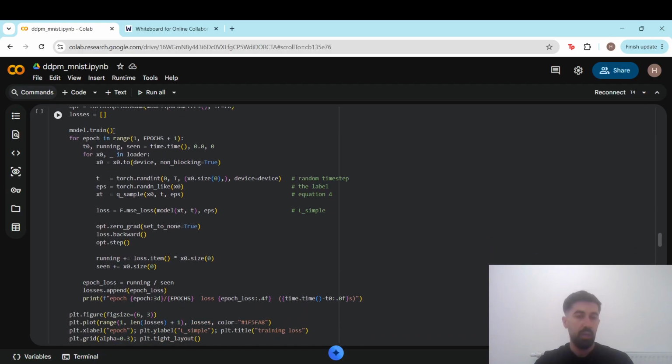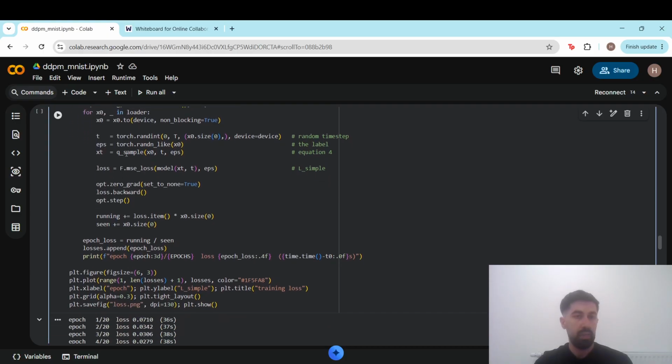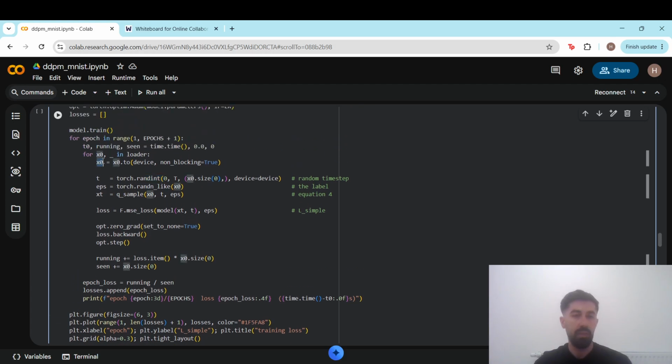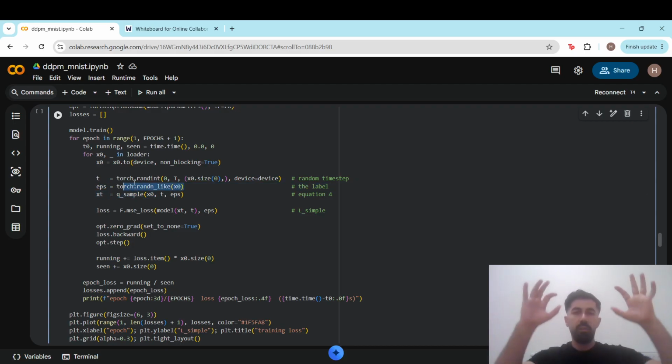So basically in every epoch, here we take a random timestep using the randint function. We draw epsilon, and as I explained in the earlier video, epsilon is drawn for each pixel in the image. That's why here epsilon is torch.randn, unlike x0. So it has the same dimension as x0. So each pixel,